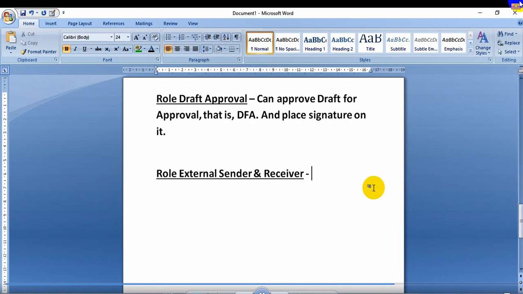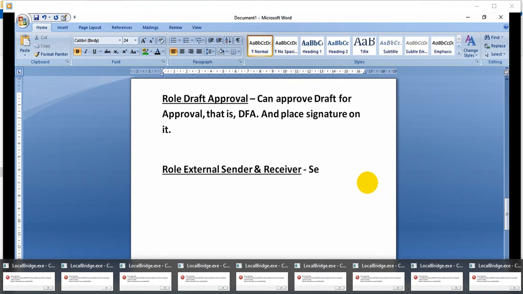it is like if a letter is to be sent from one district to another district, from district to division, from division to division, from district to HODs. HODs means heads of departments, like in the state offices, like in Madhya Pradesh, Bhopal, there are state offices, directorates. For agriculture there is one head office, for horticulture there is one head office. So sending from district to HODs, from HODs to HODs, from district to Mantralaya. So it's like an external role, you understand, right?